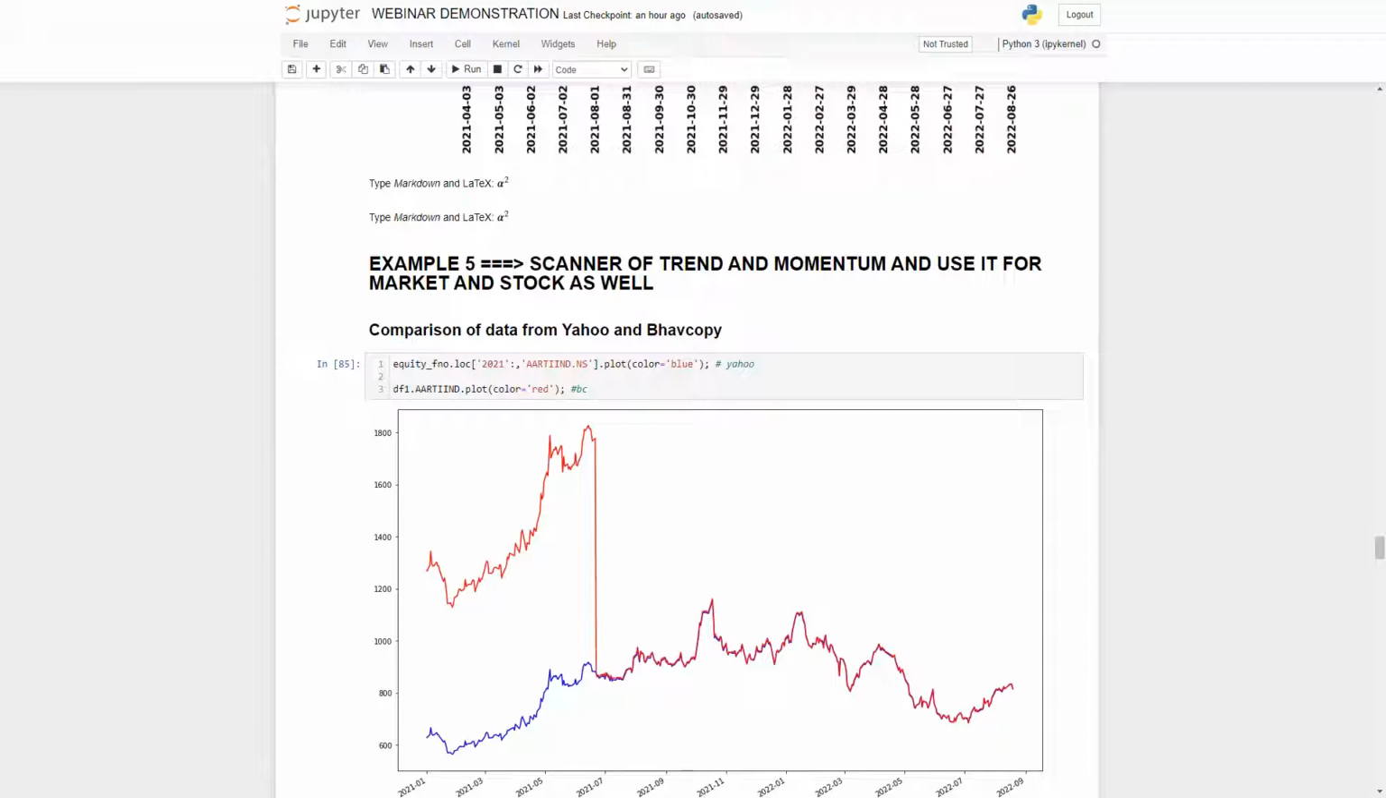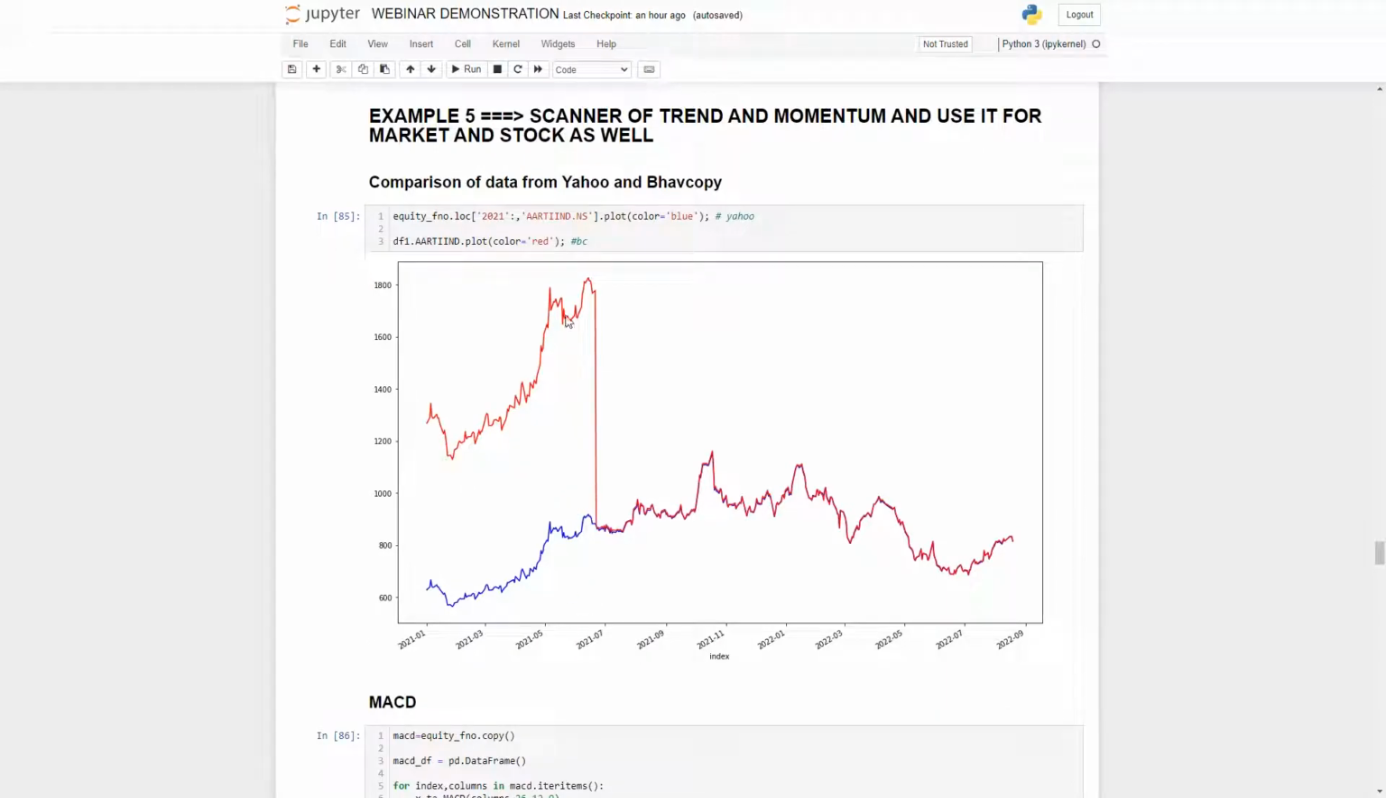So for example, this red line is of Aarti Industries. It is taken from the Bhav copy. All the Bhav copies which I had crunched previously from January 2021 show this as if, on this particular day in July 2021, Aarti Industries had become a DHFL, but that's not the case. There was a corporate action, possibly a split, because when you take the same data of Aarti Industries from Yahoo Finance, or using the Yahoo Finance API,